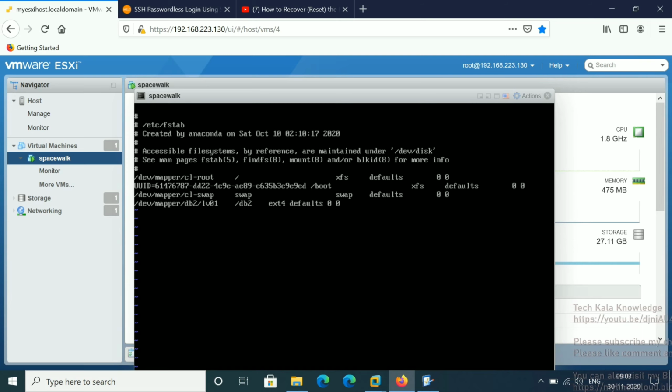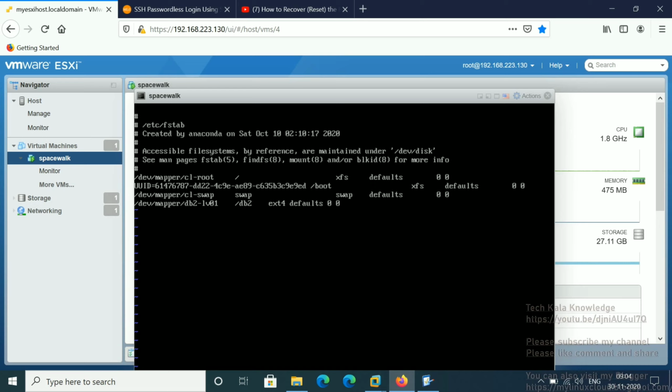I gave a slash here. We have to give a hyphen after the VG, and then the LV name. So here is the problem. The /db mount point is fine. Which type of file system? ext4, that is also fine. Defaults and 0 0 mean all parameters are perfectly fine. Only one problem was there, and we solved it.